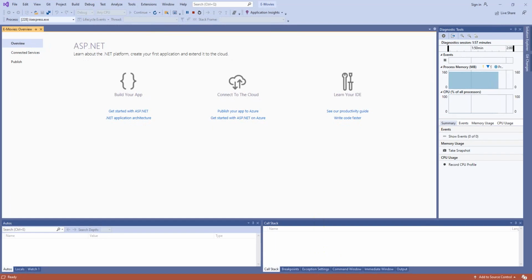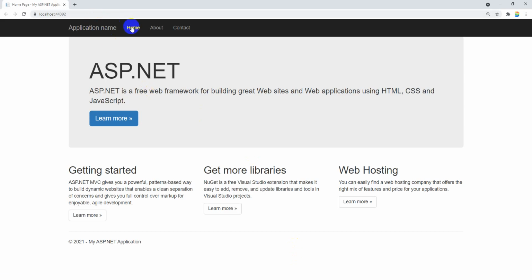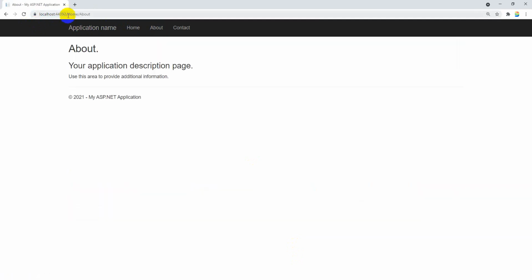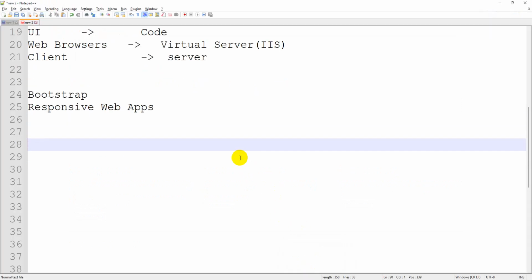Now let's get back to the topic of controllers and views. Here let me see this output. If I click on Home, we are in the same URL. Observe the URL here. When I click About, you can see it is displayed like this. Guys, you have to understand one particular topic when we are going with MVC. MVC always executes its applications based on URL patterns.